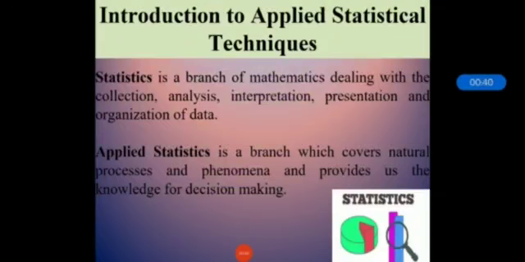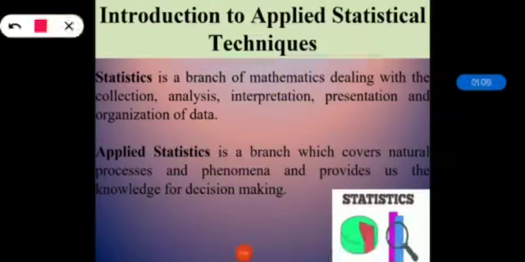curve. Actually, I should say that this particular unit is mainly dependent on machine learning. So it is better to say that the prerequisite of this unit is machine learning, which we have studied in our last semester. And that's why that elective machine learning is related to data analytics. So we will start with this content, that is introduction to applied statistical techniques.